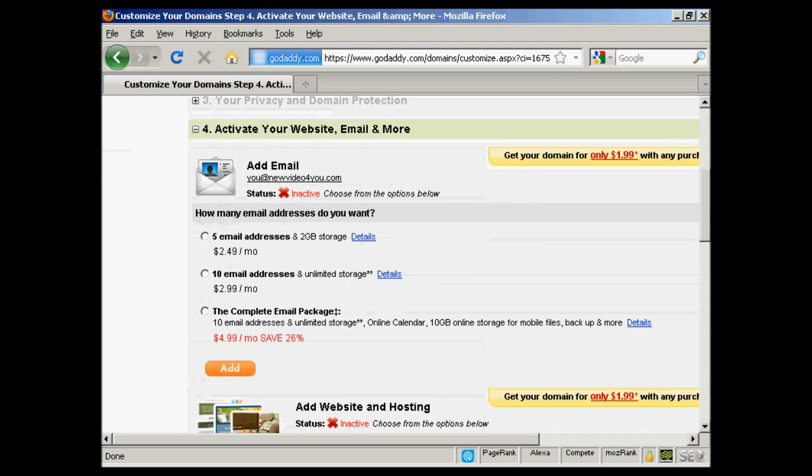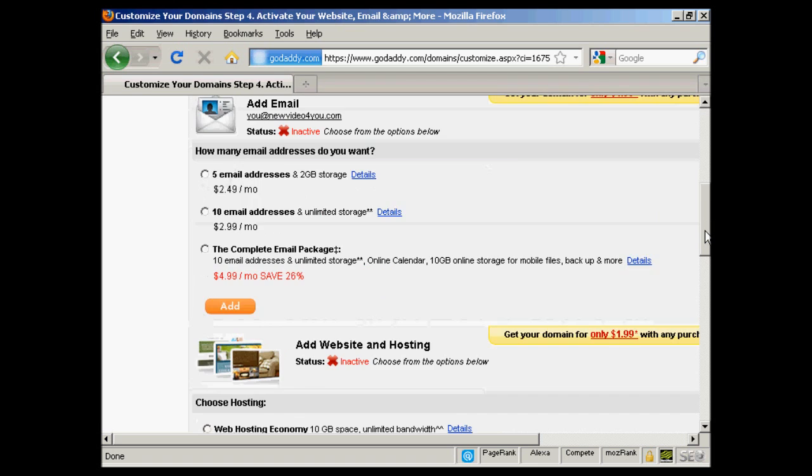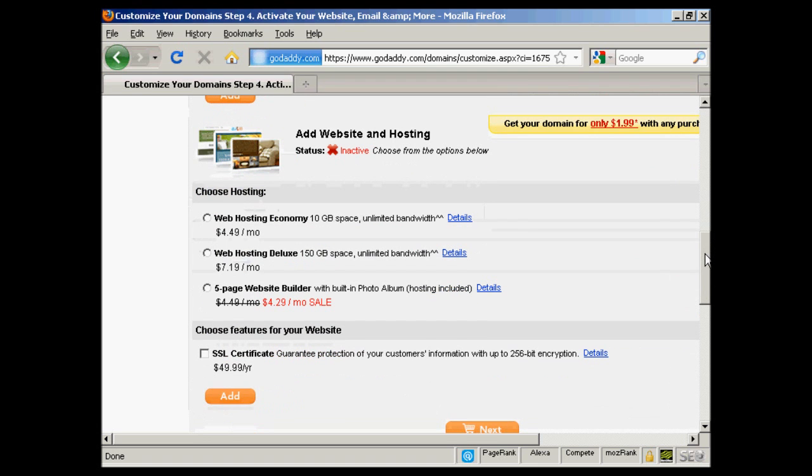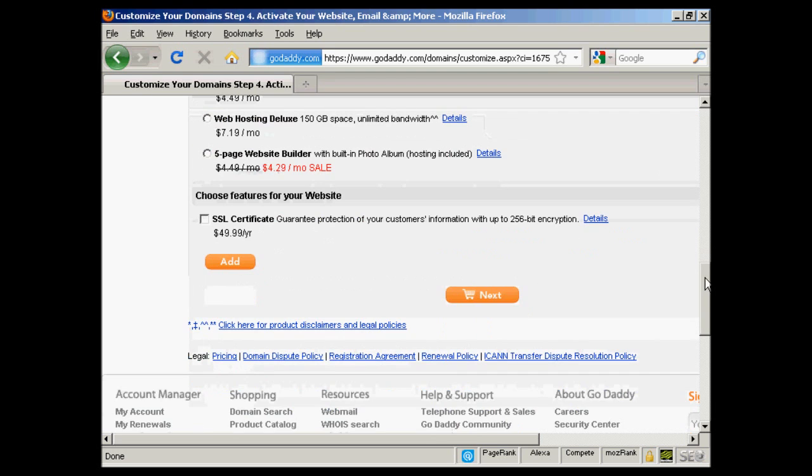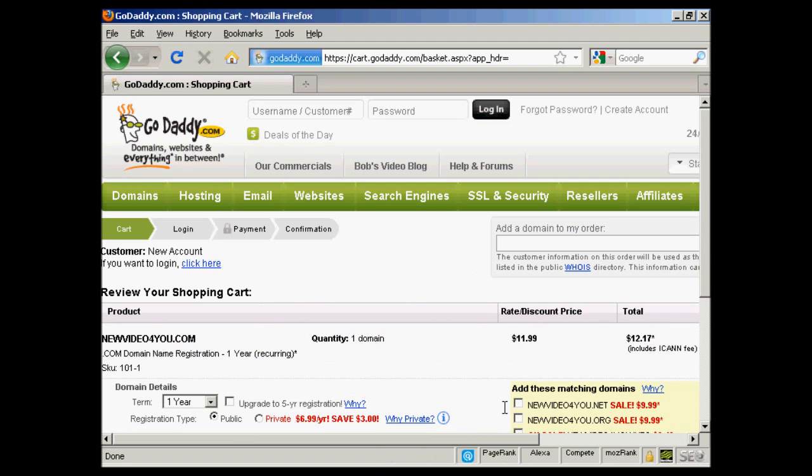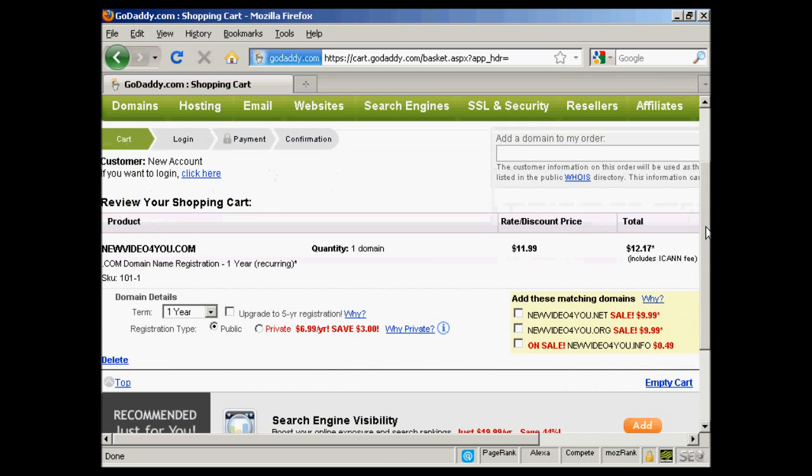You can also add email addresses. This is if you're not going to have a hosting company. You can actually use this just for email if you want. I don't want that. And you can also host it here at Godaddy if you would like to do that as well. I'm not going to do that, so what I'm now going to do is go to the checkout, so click on next, and it gives me all the details again,